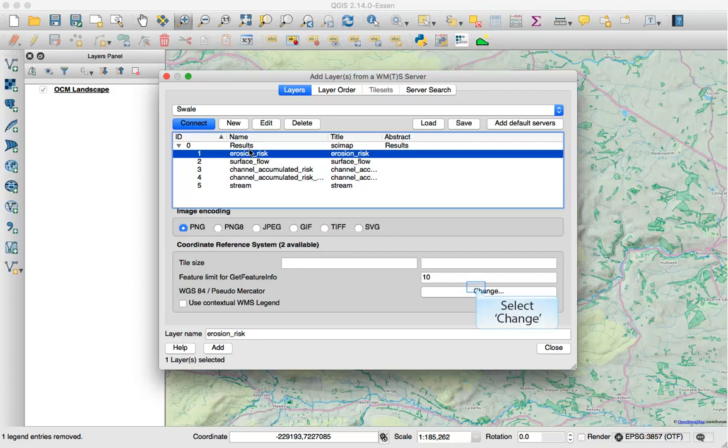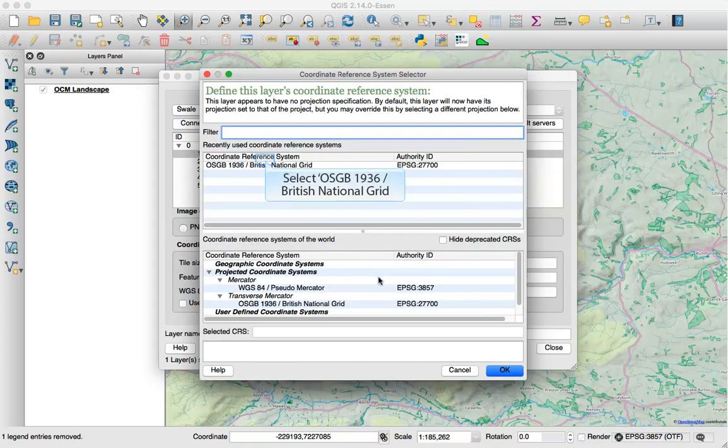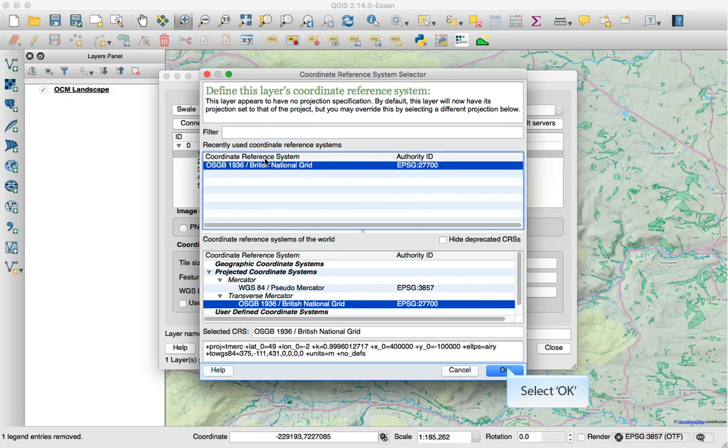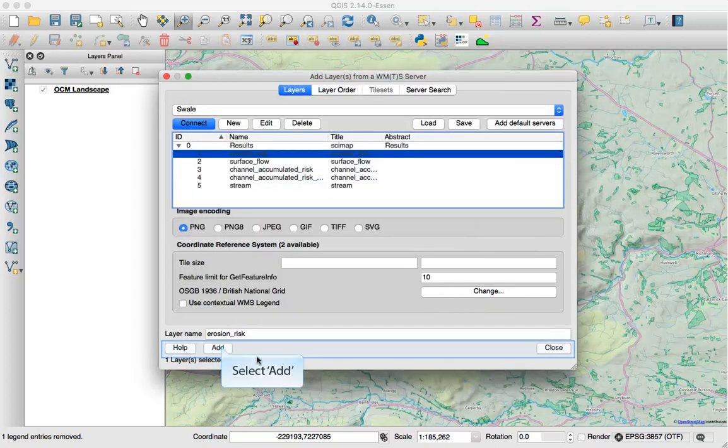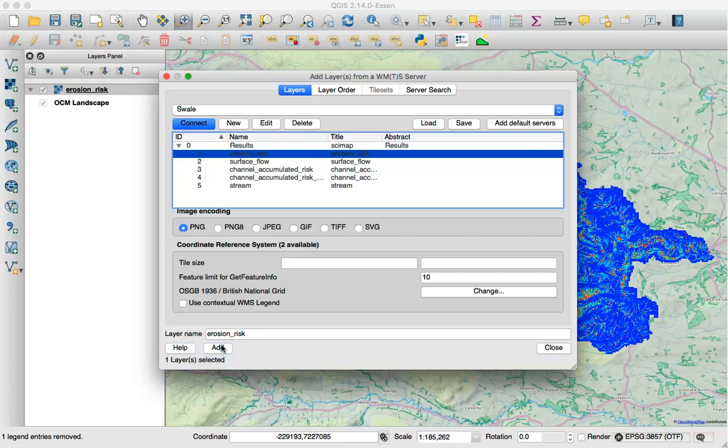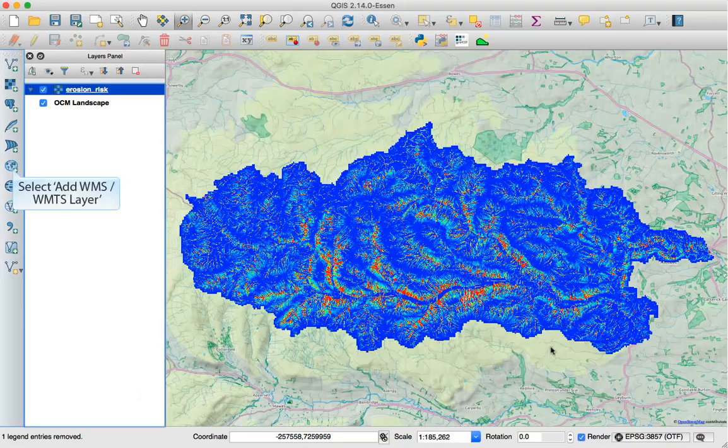So if we want to add the erosion risk, we can click there. We need to define the projection, and in this case it's OS grid. Click OK and click Add. It will now add that to the data table of contents and onto the map. We can also add further layers from this by going back in,